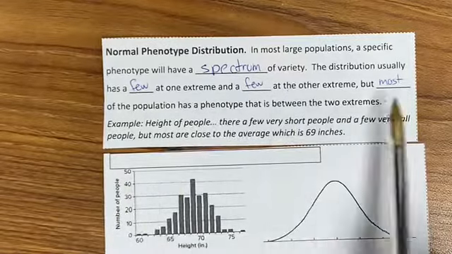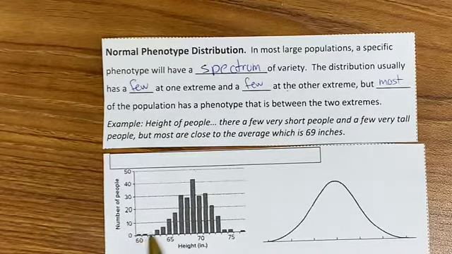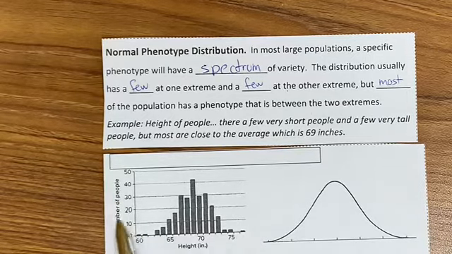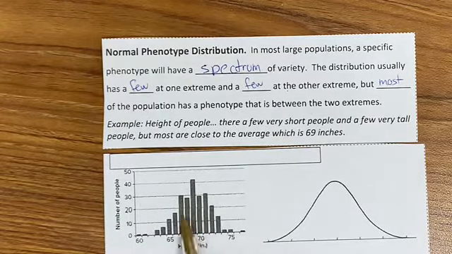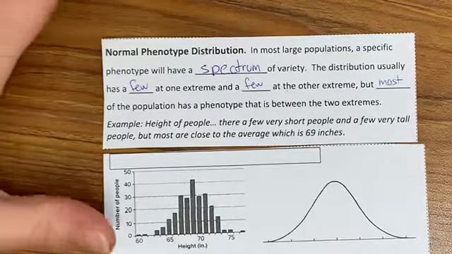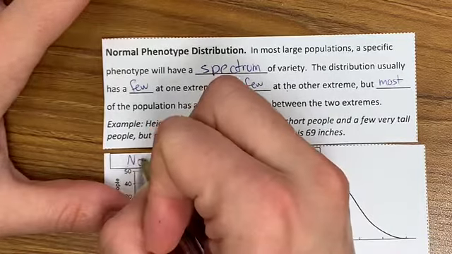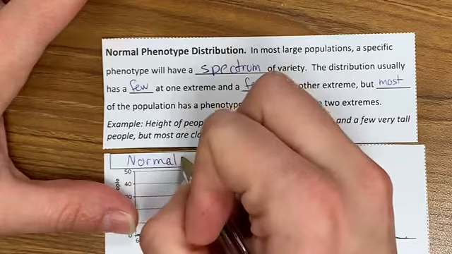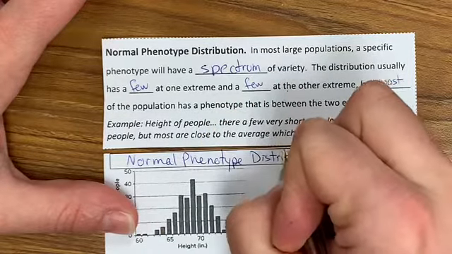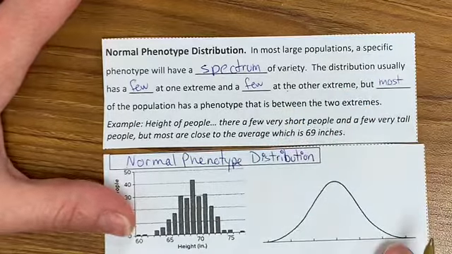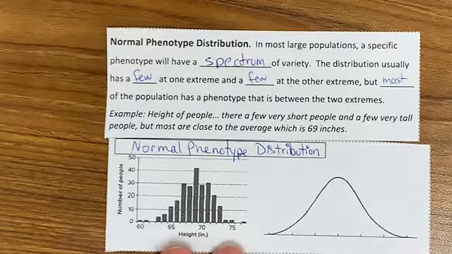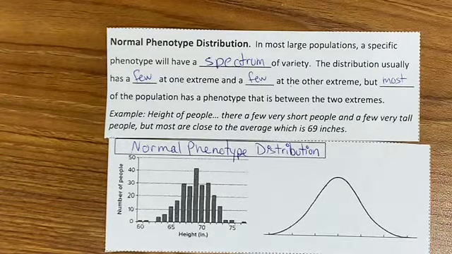So on that spectrum, just a few people are really, really short, and just a few people are really, really tall. So, number of people versus height: the majority of people are right there in the middle, okay? Height is a really good example of normal distribution. So this is what we expect a normal phenotype distribution to look like, both as a bar graph and as a line graph. We have the three different types of